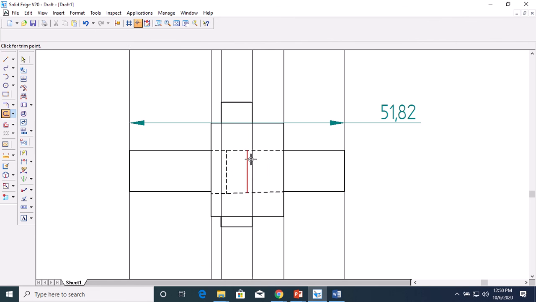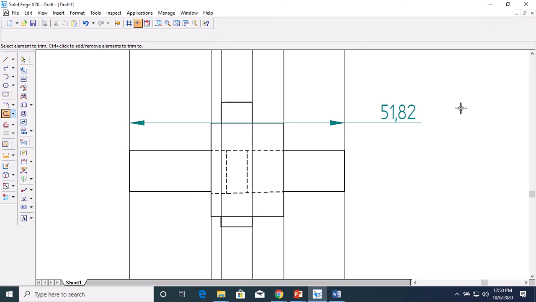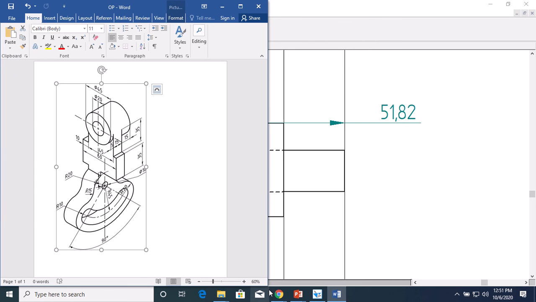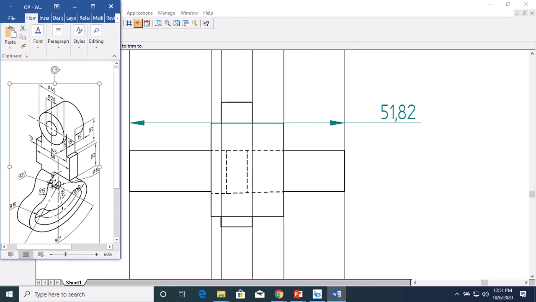This is the hole, this hole what we see here. This hole in the top view. So your top view will look like this.